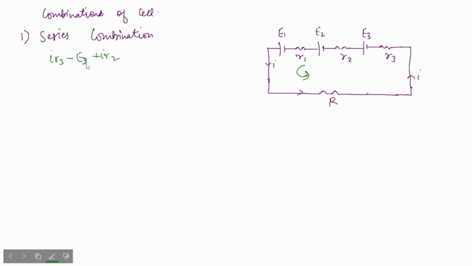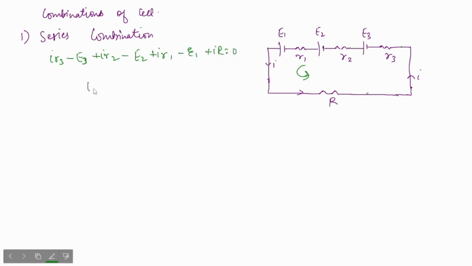Why minus E3? Because there is a potential rise. I'm again telling you that you can take potential drop as negative and potential rise as positive; it all depends on you. But generally in this chapter, I am taking potential drop as positive and potential rise as negative. So this will become minus E2, plus I into R1, minus E1, plus I into R,